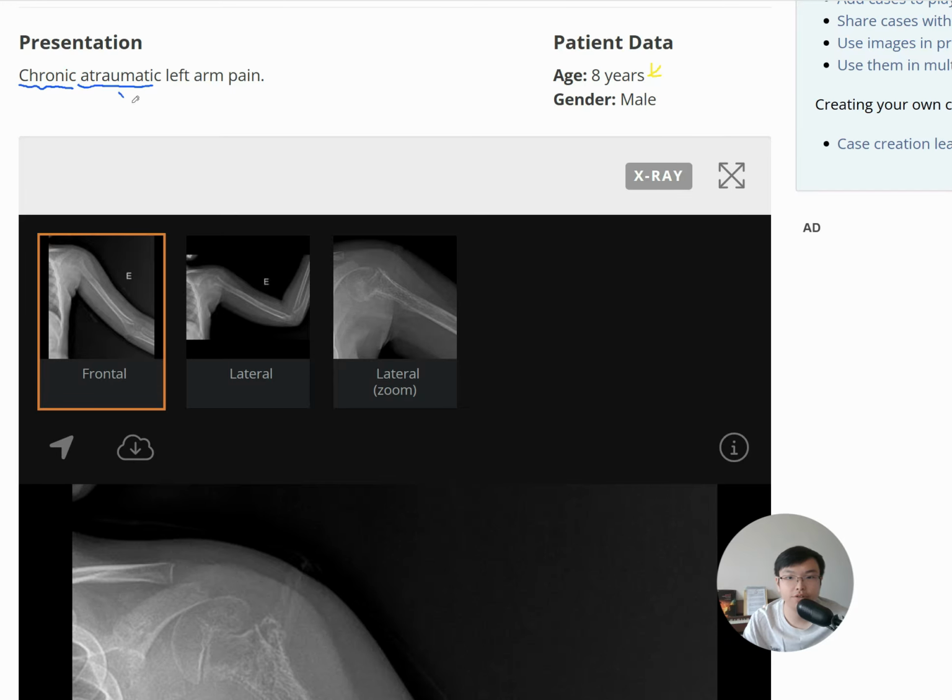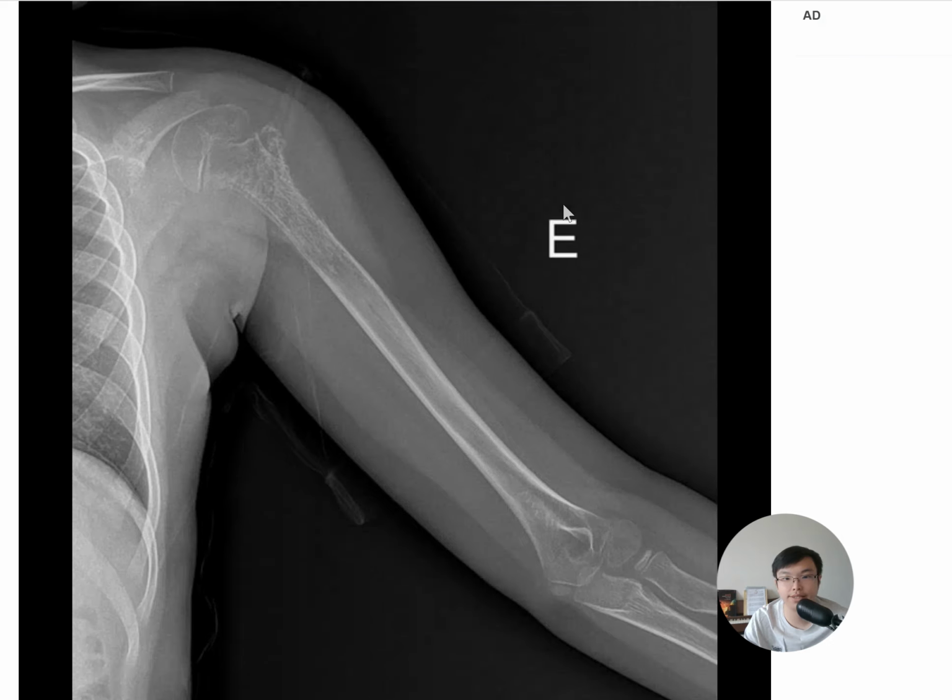However, you need to also take note of any possibility of neoplastic causes. Usually they will give rise to some pain, especially night pain, which is quite alarming and a red flag in terms of clinical presentation. So take note of these 2 points first, and then we are going to take a look at this